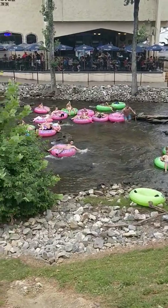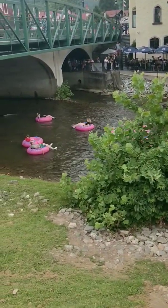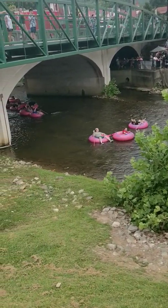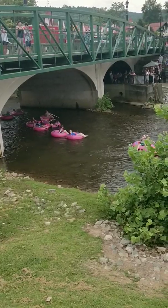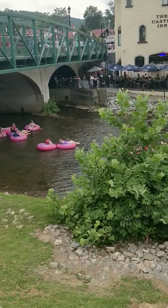Here in Helen, there's a couple of things I was going to try to video, but they don't allow it. There's a glass blowing shop in here where they do torch glass blowing and make all kinds of different decorative glass items and so forth. They don't allow you to do pictures or video in there for obvious reasons. They don't want people looking at stuff and then trying to copy it later